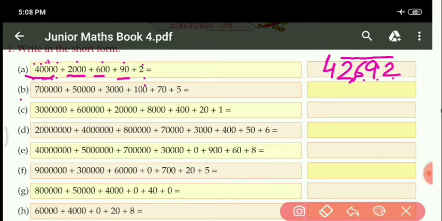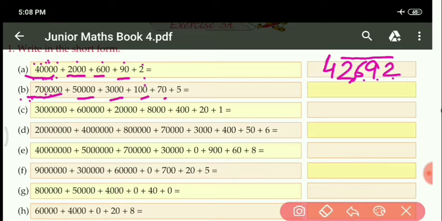Similarly B part also, here you can see 7 after how many 0? 1, 2, 3, 4, 5. 5 0 are there, and after that 4 0, then 3, then 2, and then 1 0 only. Okay. You can do this question directly also, because 0 are decreasing in sequence. So here first digit what is given 7, then 5, then 3, then 1, and 7, and last is 5.